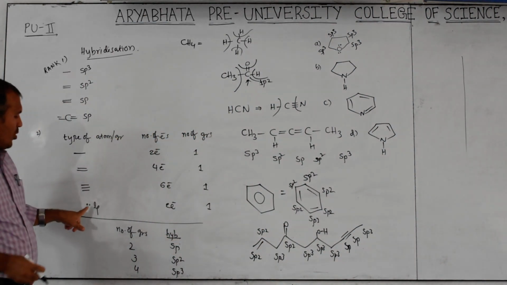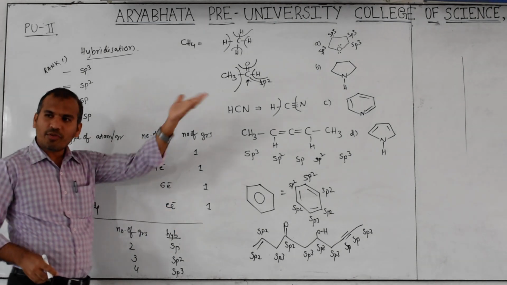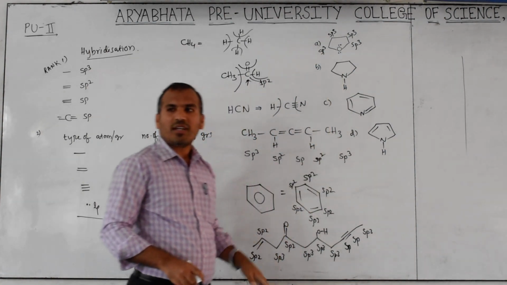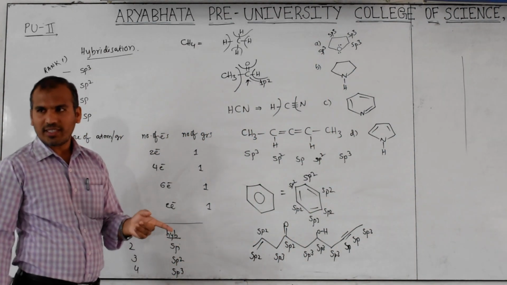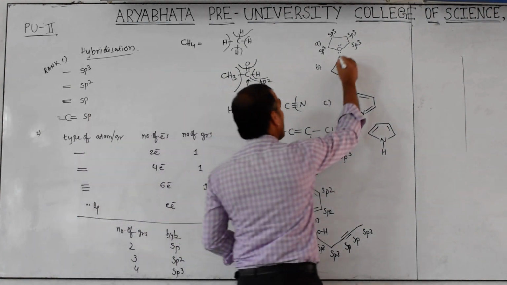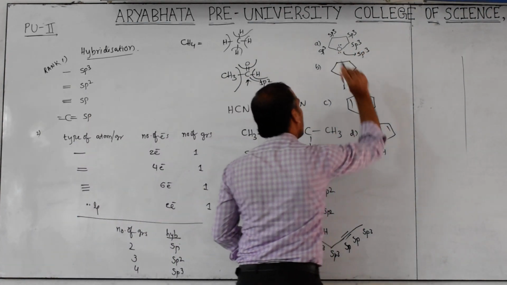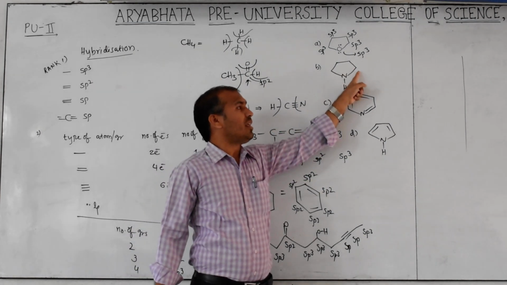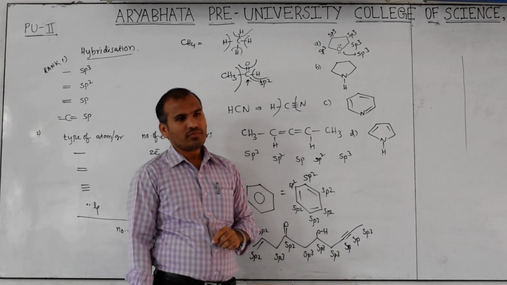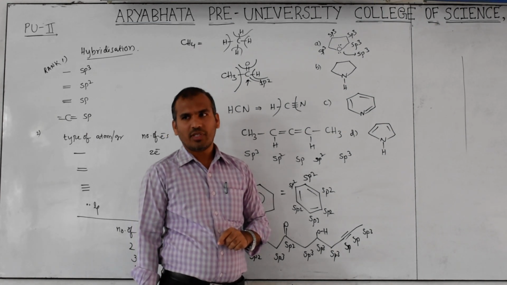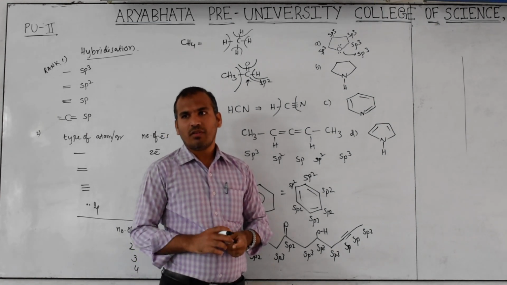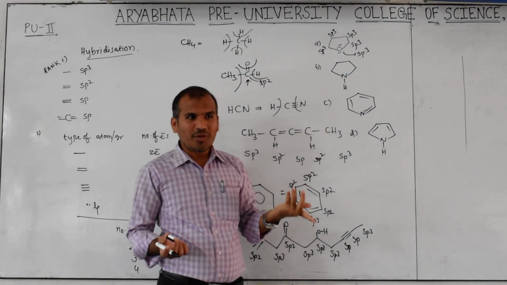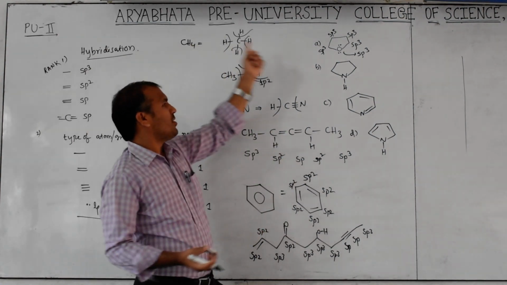If you follow the other method, a lone pair is also considered as one group. Then how many groups are there? One group, second group, third group, fourth group. Four groups are present. Yes, so both methods should be satisfied. Okay? Then this is also sp3. Then you will easily answer this. All these are sp3. This one? sp2. How? Is a double bond there? Yes. All single bonds, what do you call it?